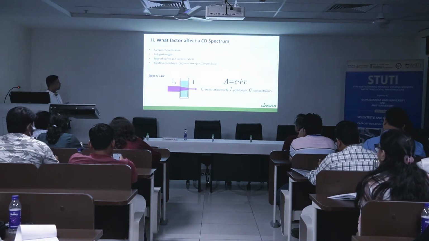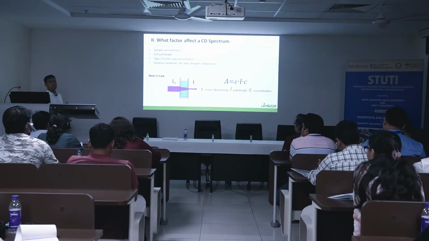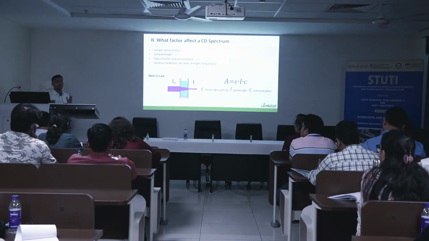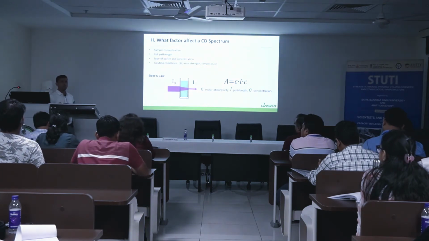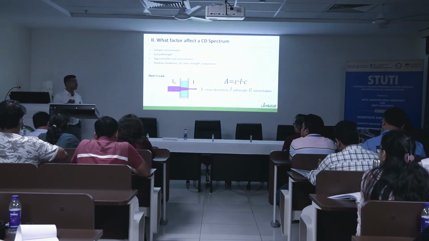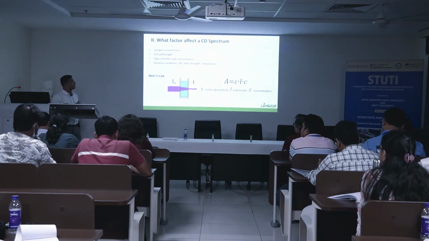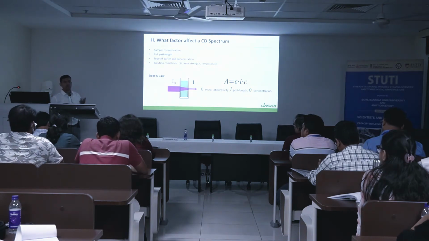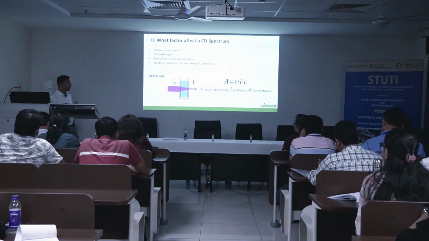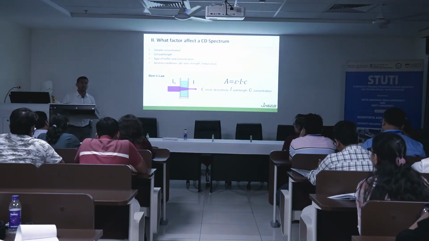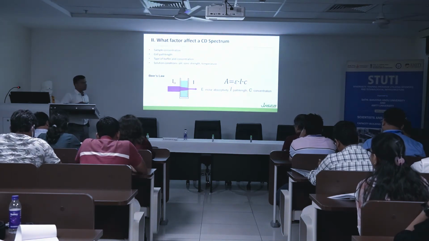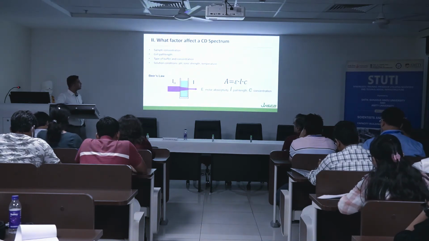So the sample concentration is very much important. Like I said, 0.1 to 0.3 mg is generally recommended to analyze the secondary structure of proteins. Then 1 to 3 mg of protein is recommended to get the tertiary structure. In the secondary structure, you can go with a path length up to 0.1, 0.2. A small path length is very much okay. If using a 0.1 path length, you generally require 300 to 400 microliters of sample. That much sample will be required for analysis. You can also go with 0.2 if you have highly concentrated samples. Then